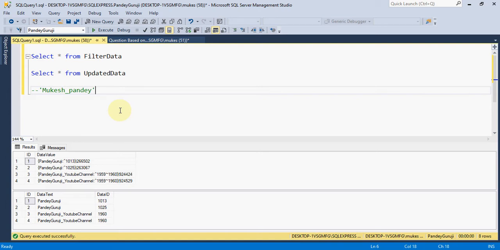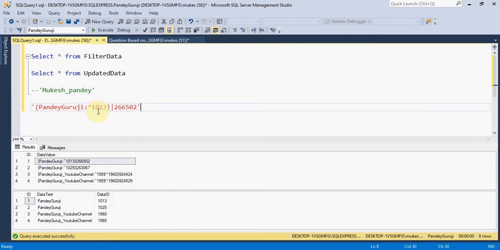And CHARINDEX is basically used to find the position of a character. For example, suppose I have one string, that is Pandey Guruji something, with a colon, some special character, and then 1013 and 266502.